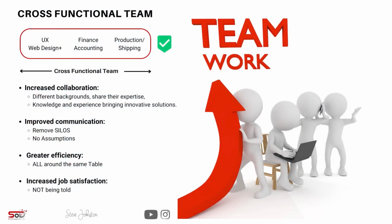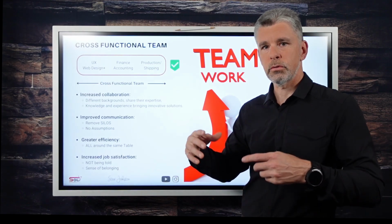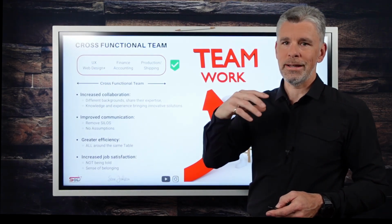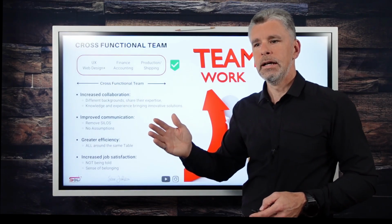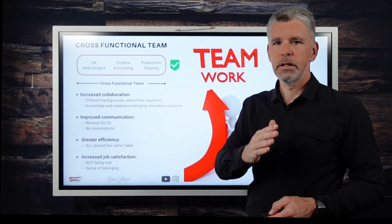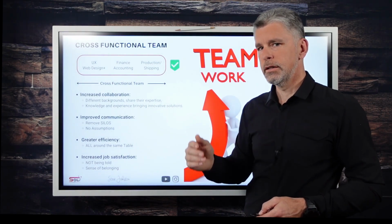Greater efficiency, obviously, same thing. Having everybody together will bring the right innovations, the right things early in the project. And if you get something very early in a project, that's what helps to get a success at the project. Because if you make a mistake later in a project, it's a lot more expensive than if you catch it early and fix it. This way you don't need to go back to the drawing table